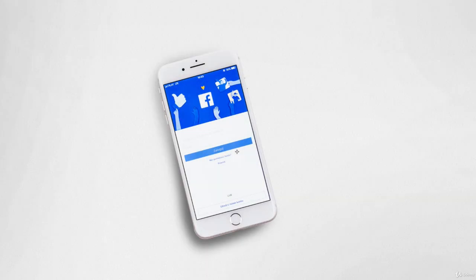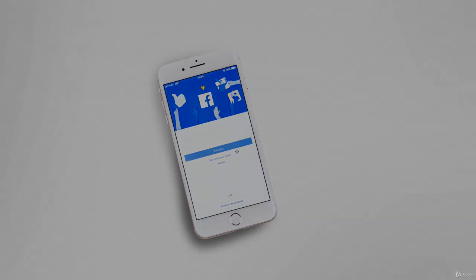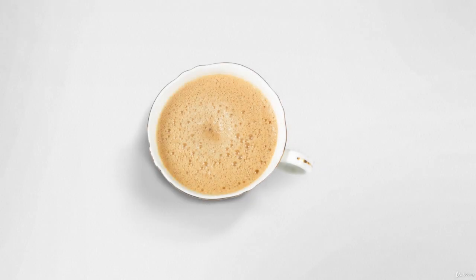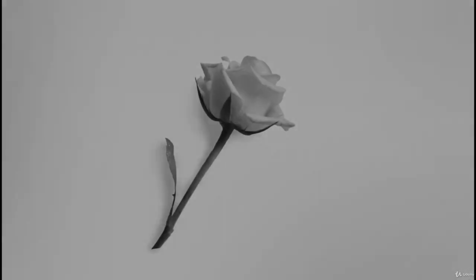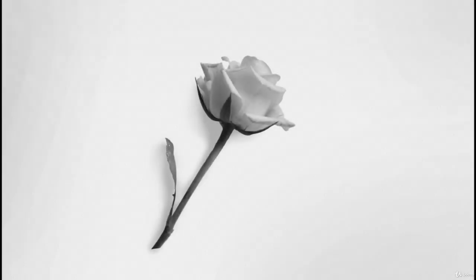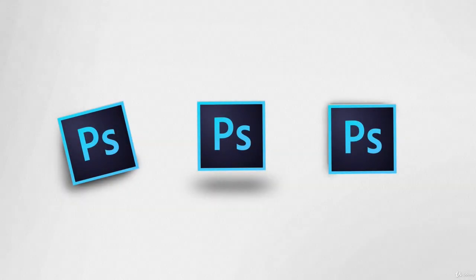Today we're going to create realistic shadows with cutout images. And this is so important to master as a designer because you're always constantly cutting out images and putting them on backgrounds that aren't their native background. So you have to be able to manually create shadows that look realistic, so it doesn't look like that object